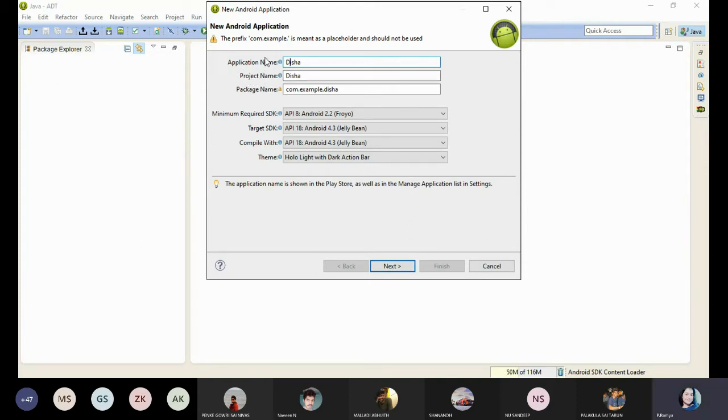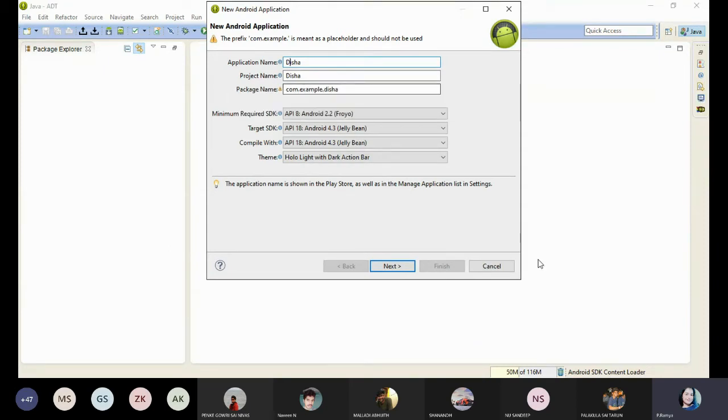Application name and project name are both the same. In Eclipse, it is considered an application instead of a project. NetBeans is also an IDE. If you develop any project within NetBeans, we call it a project, not an application. But in Eclipse, we call it an application.